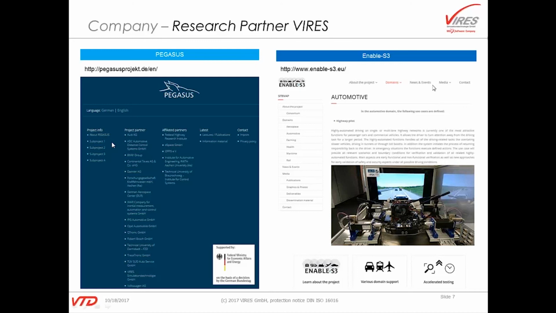On the right side, you see a European research initiative where we are also one of the partners, and it has different areas. In the automotive area, there's the use case of the highway pilot, which you see depicted here in this HIL setup that is done by AVL. And there is also another use case which is called valet parking. So we are a partner in all of these initiatives, meaning that we are working virtually at the front end of the research that is currently going on here in Europe and in Germany.